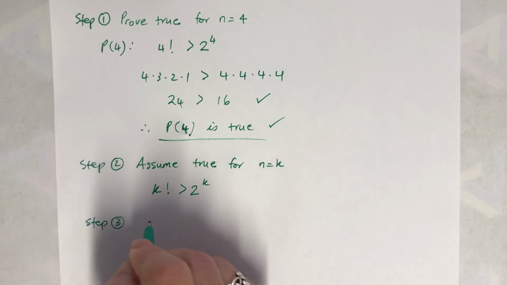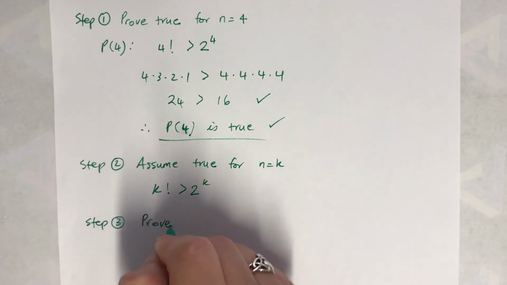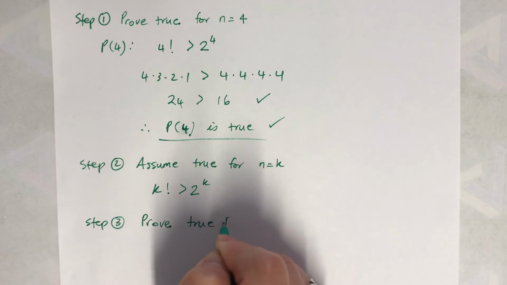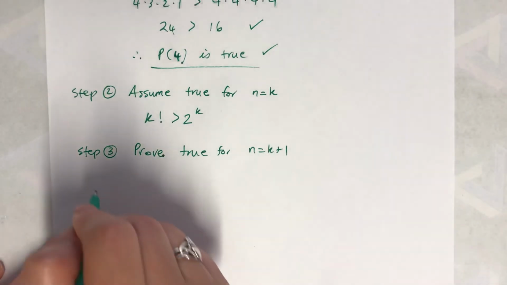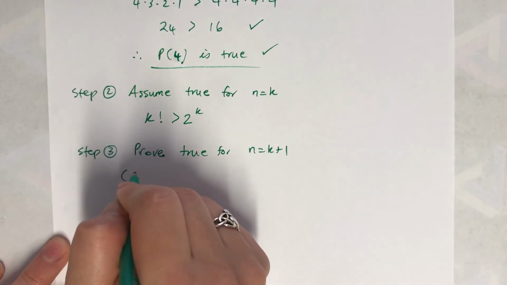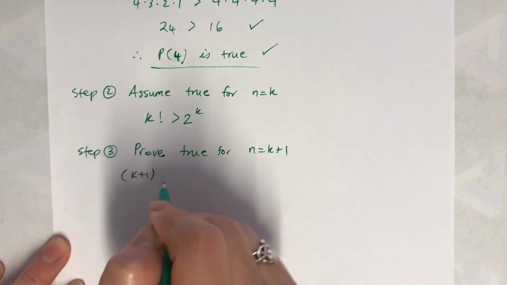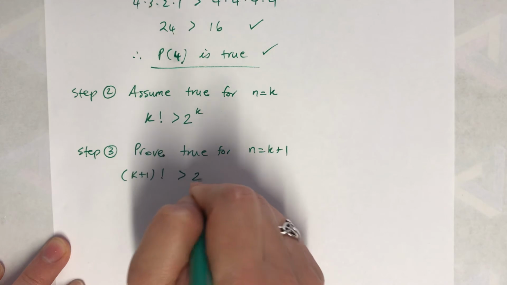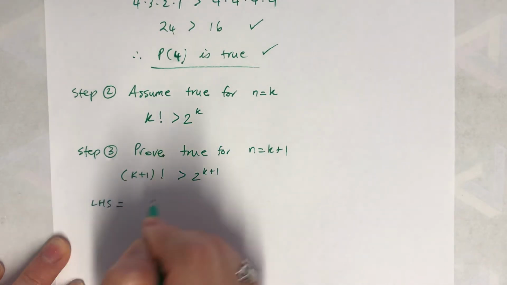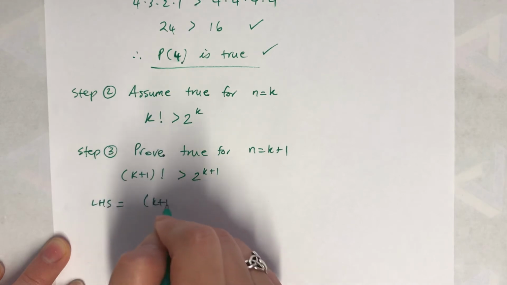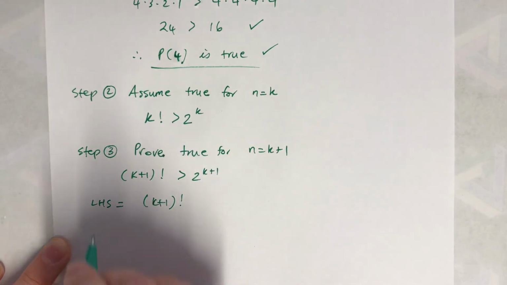And then step 3, prove true for n equals k plus 1, and I'll just replace it with k plus 1. Okay, now I'm going to go left hand side, which is this part. I can write this